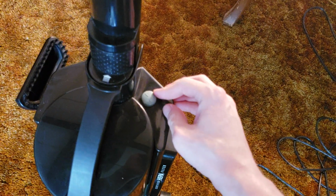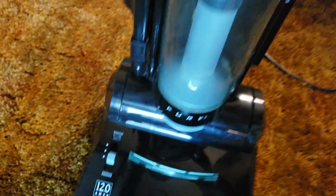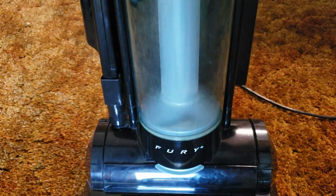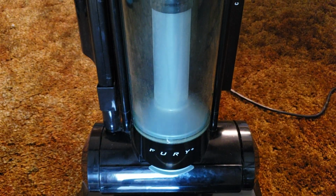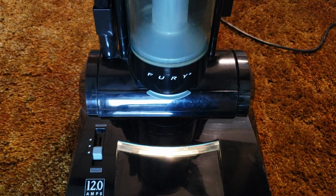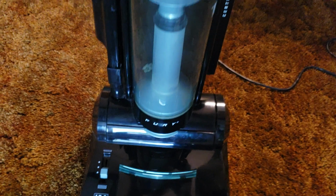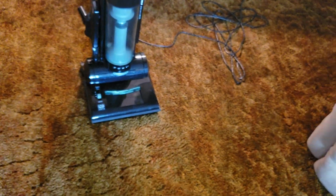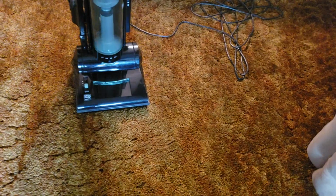I don't know why this button is always loose on these. Did it get anything? So satisfying. But yeah, so I just vacuumed this yesterday with the PowerTrack Revolution, and this thing still managed to get up